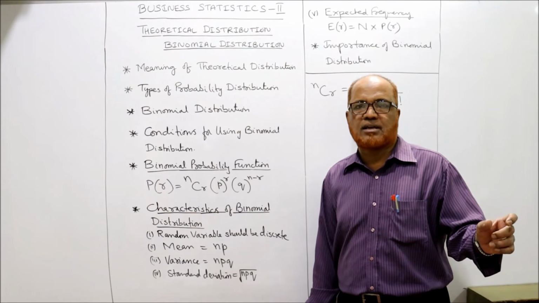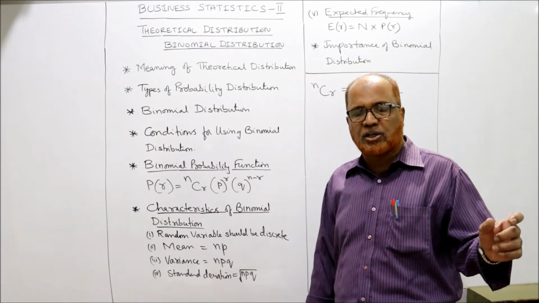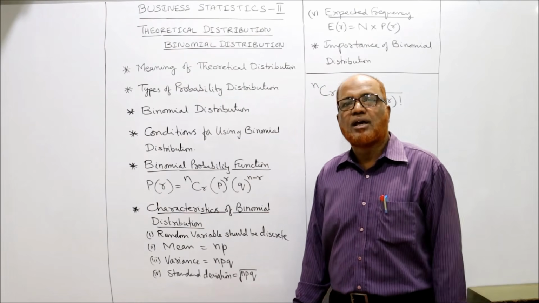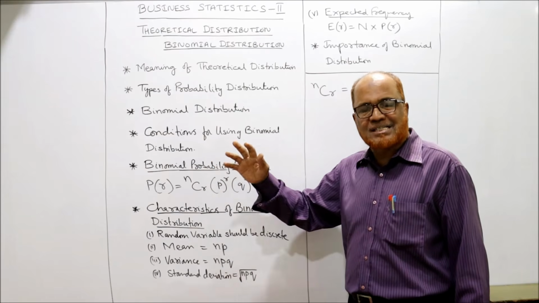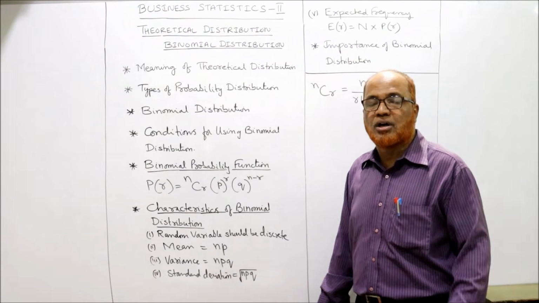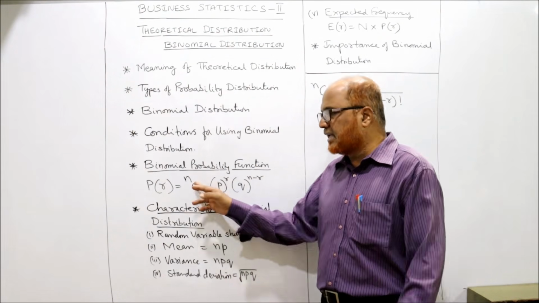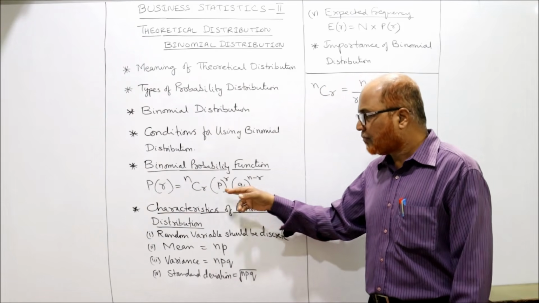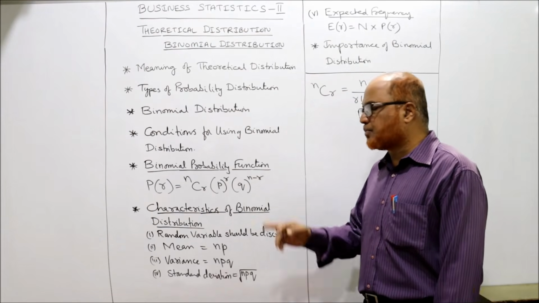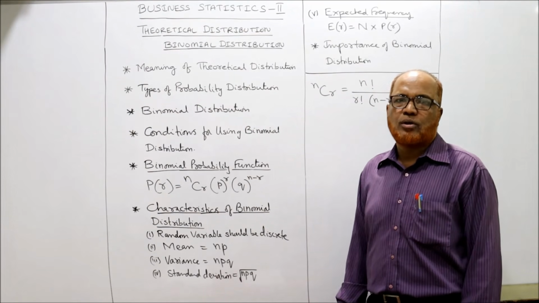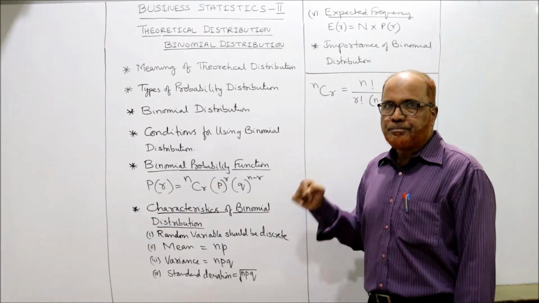One chapter is there. After completing this unit, we'll start that unit also, permutation and combination. In that, we have to study in detail regarding this combination. Right now, you must know how to calculate NCR. I'll explain it. P means probability of success. Q means probability of failure. So this formula we are going to apply in the